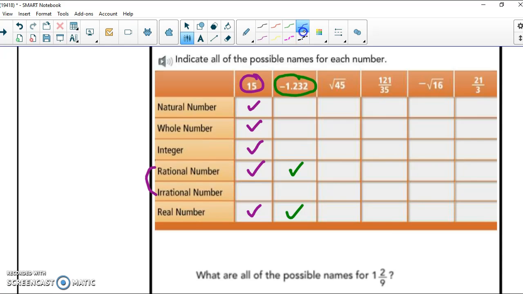The square root of 45. 45 is not a perfect square. So when I take the square root of this, I'm going to get an irrational number because it's going to be a decimal